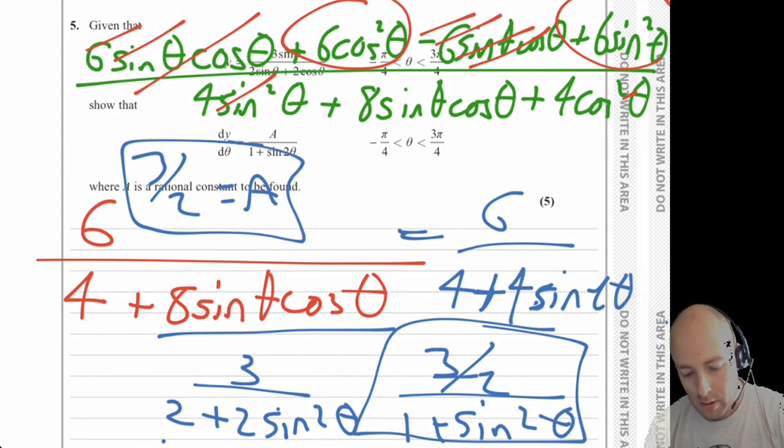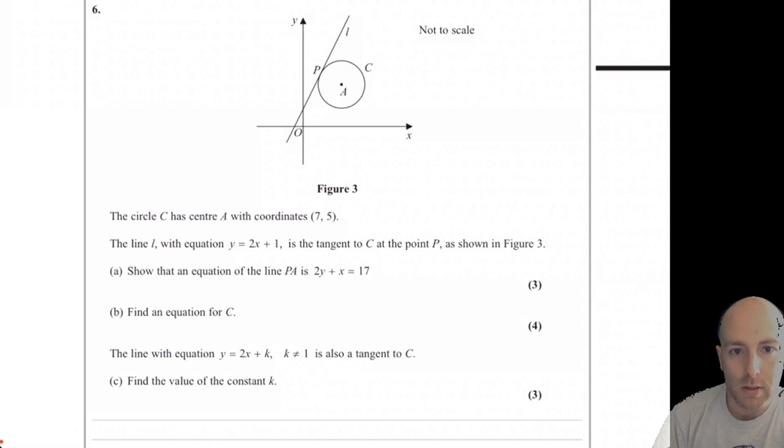Good job. Okay, next one. Bit harder. We got some coordinate geometry, tangents and stuff, and a. I'm not going to tell you. See if you can come up with it. So it's a 10-mark question. Part C. If you need any hints, let me know and I'll give you a hint for it.